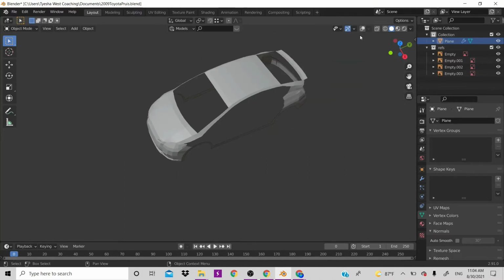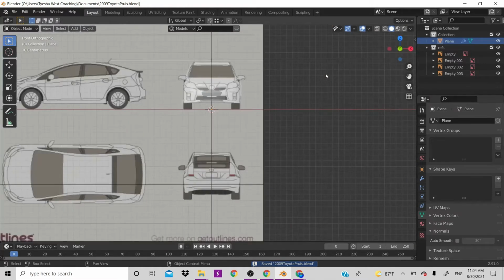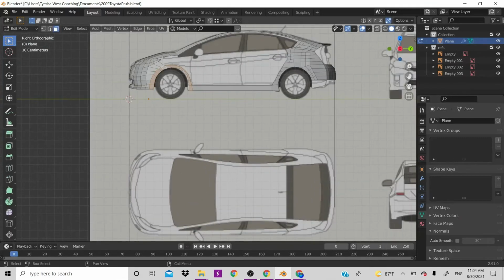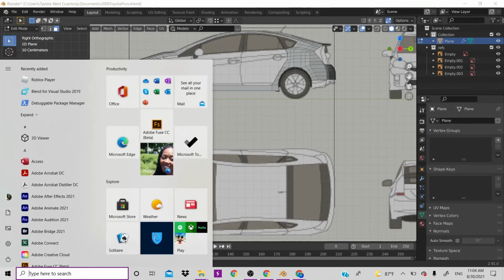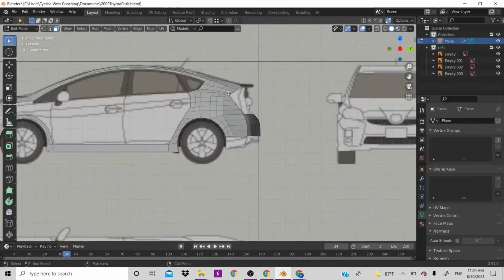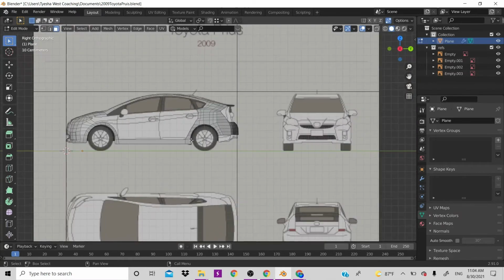And if anything, what we need to do, make sure to save your Blender file, is take the back and push it back. So we go to edit mode, and oops, I accidentally pressed the Windows button. Oh crap, what am I doing? Okay, so anyways, turn it back. But anyways, so now you can take this fender right here, and